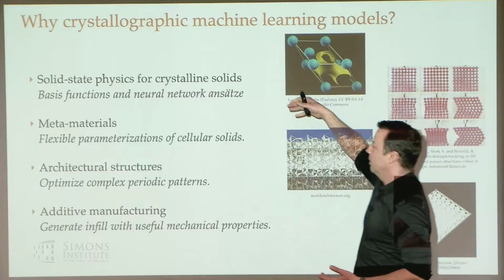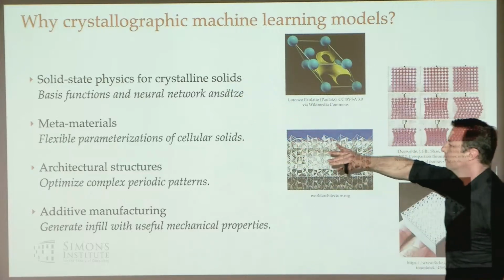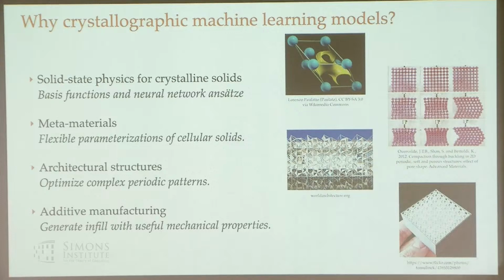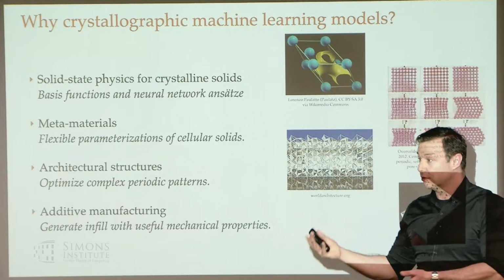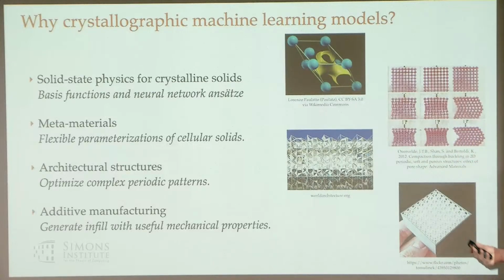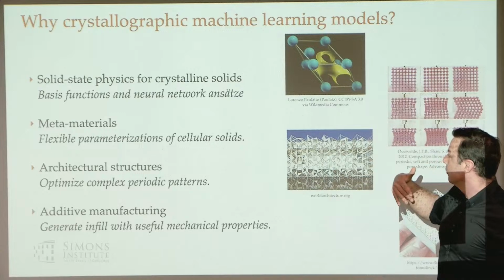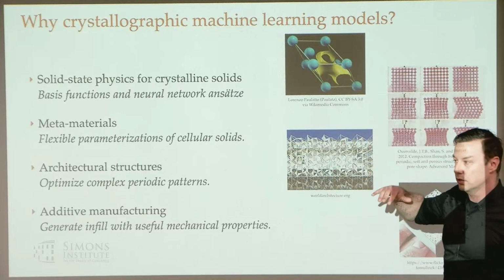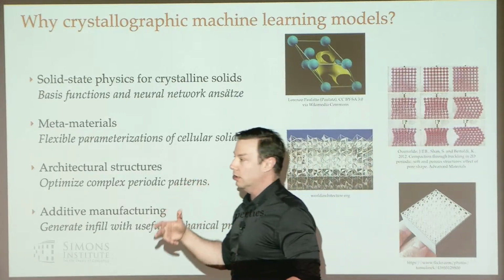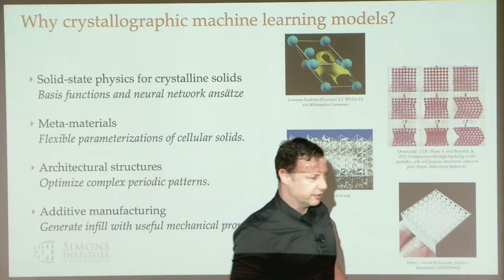I'm personally most excited about it and spend most of my time thinking about solid state physics problems. So specifically, if we're imagining solving the electronic Schrödinger equation for a bunch of nuclei that are fixed in a lattice, so that the potential is an invariant function, then those group operations commute with the Hamiltonian, and that's something we would like to see in our solutions as well. And in particular, lately, there's been some exciting work in thinking about neural nets as ansätze for solving the Schrödinger equation, like FermiNet, if you've heard of that.